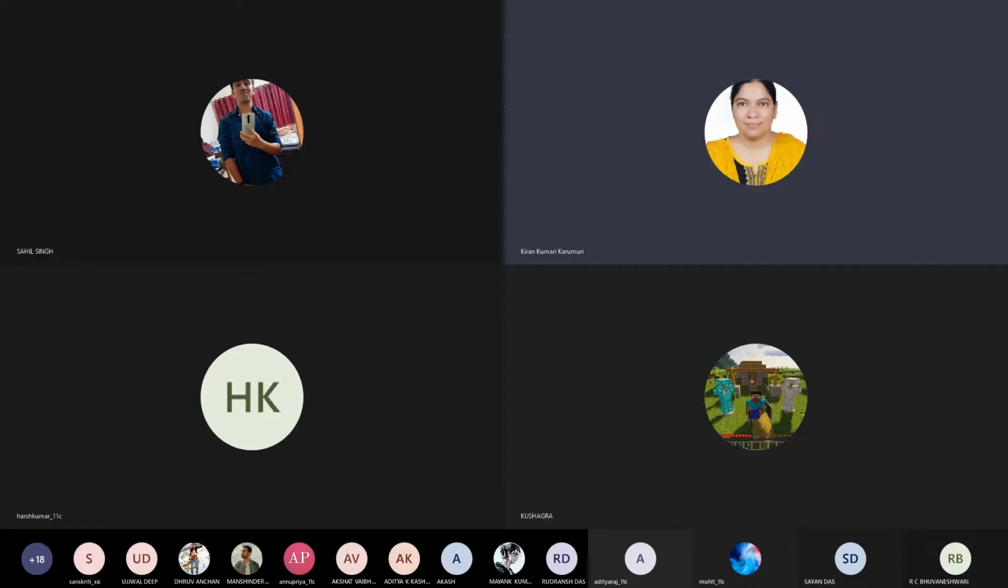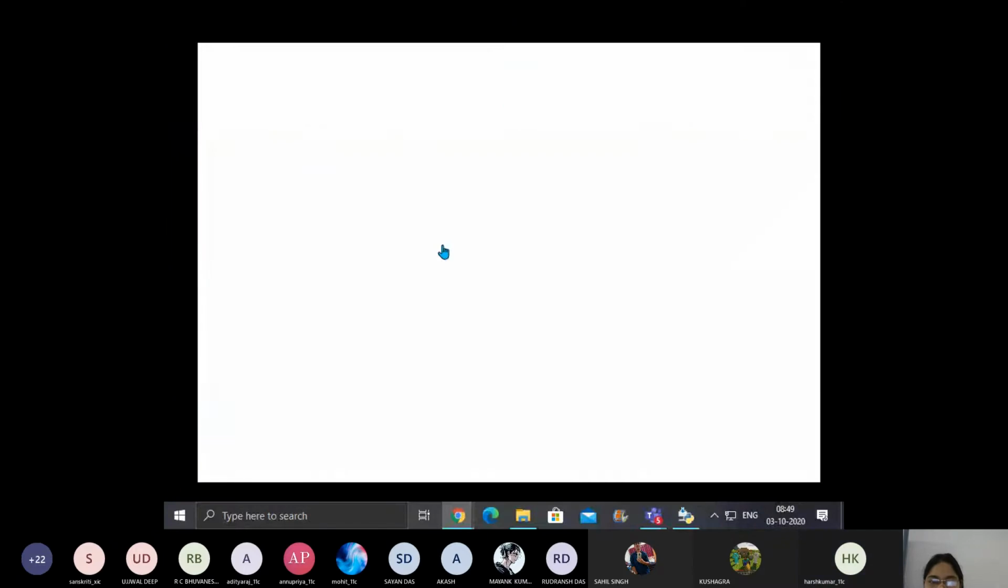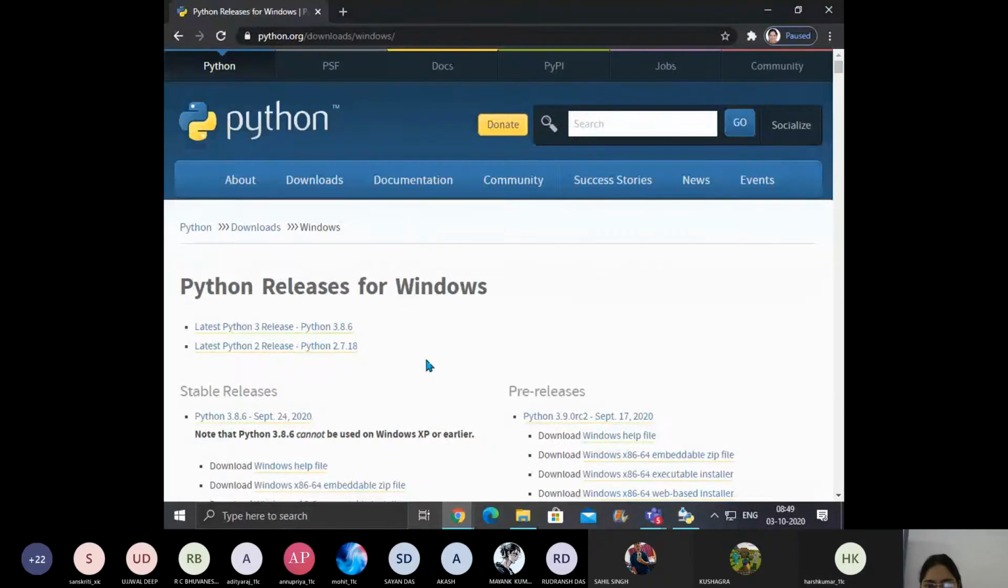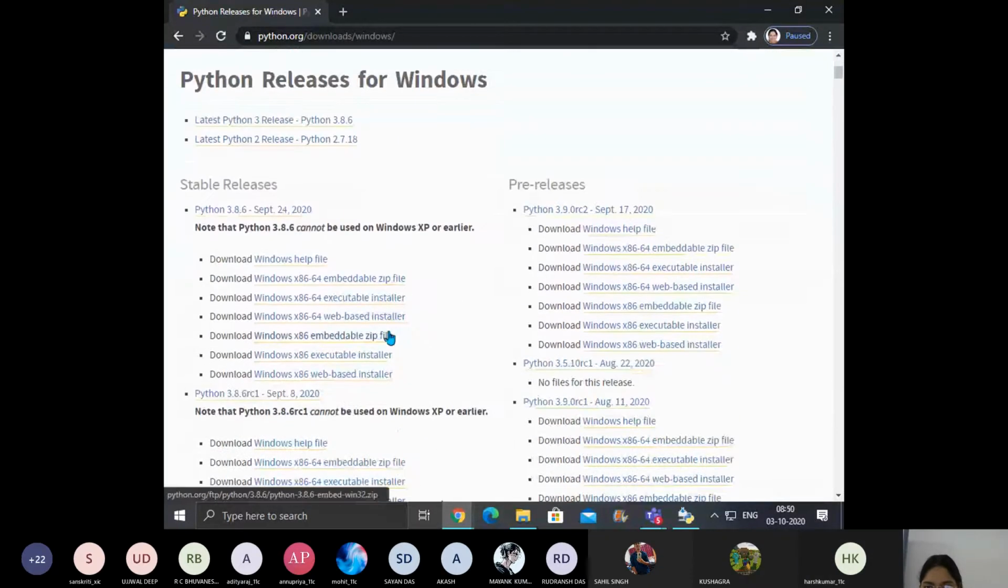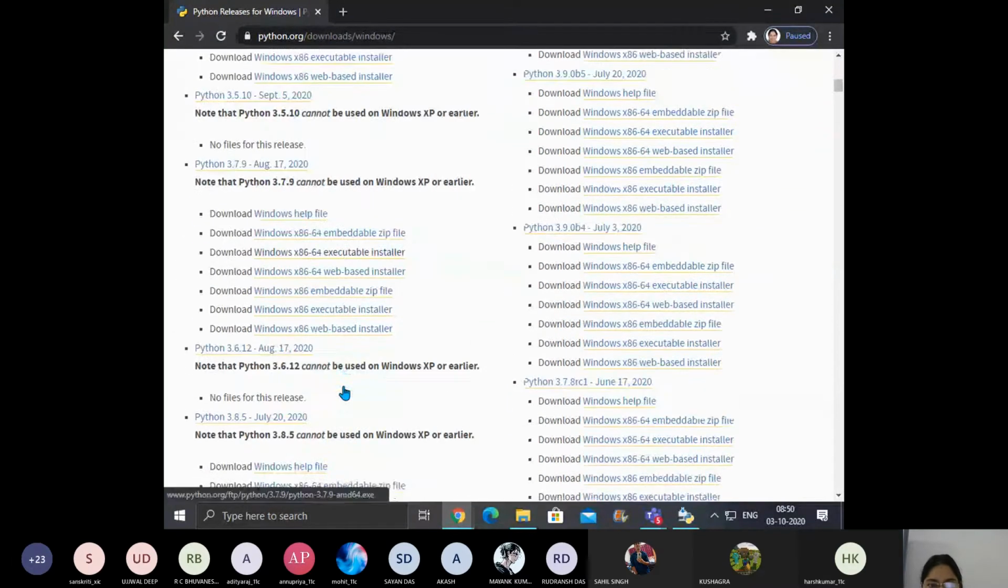Open python.org. From there, go to downloads, and in the downloads, you can see which version of Python to be downloaded. You can download the Windows operating system version for Windows. If you want to use the previous versions also, they are available. Okay, 3.9 is there, 3.8.6 is there, 3.8 is there. Okay, 3.7.9 is there. So